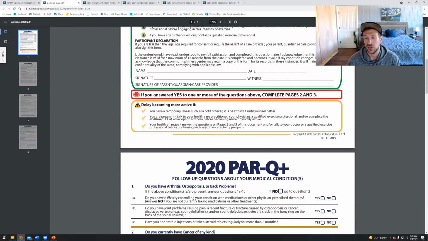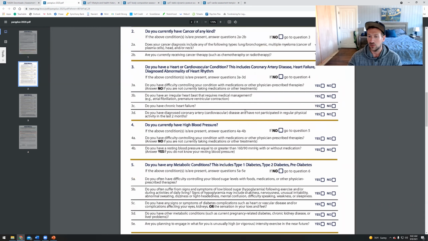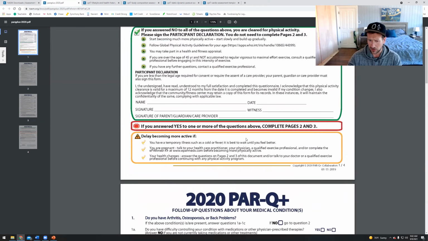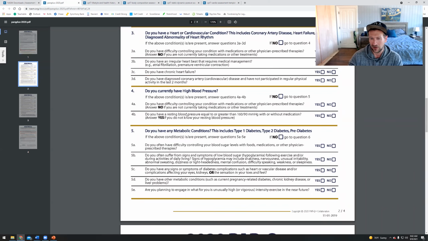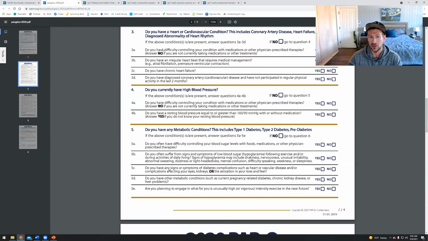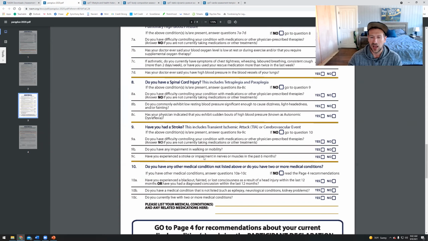So if your client does answer yes to anything, you're going to move on to pages 2 and 3. This is where we get a little more advanced about the kinds of questions we ask, about specific diseases. Like, do you have arthritis, osteoporosis, back problems, any types of cancers, cardiovascular condition? Do you currently have high blood pressure? Very similar to the questions we already asked, except we're getting a little more specific about it. You can see this one's about coronary conditions, and then there are about 4 sub questions, and if they